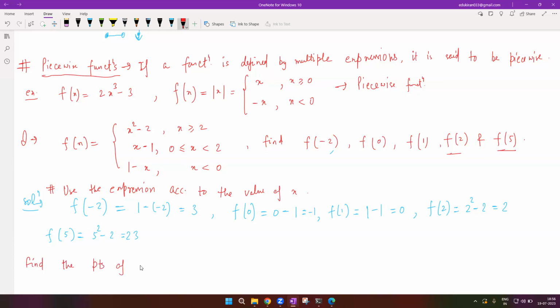Find the points of discontinuity. The question is this. Find the points of discontinuity of f. f is a function, and you have been asked to find out all the points of discontinuity. Find all the points of discontinuity of f, where f is defined by